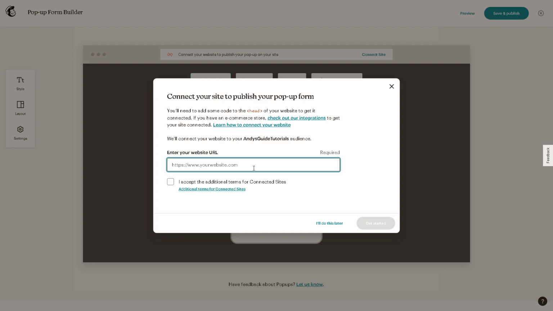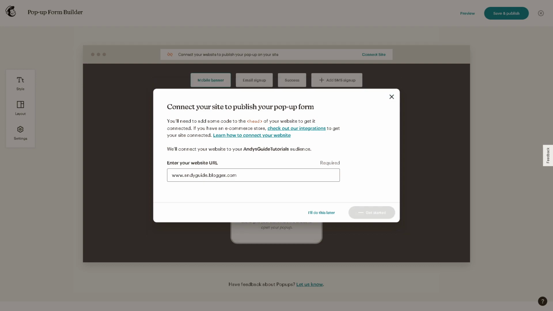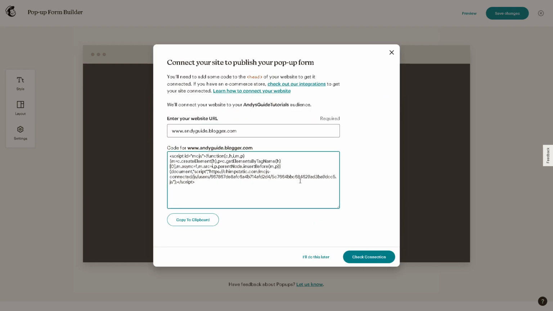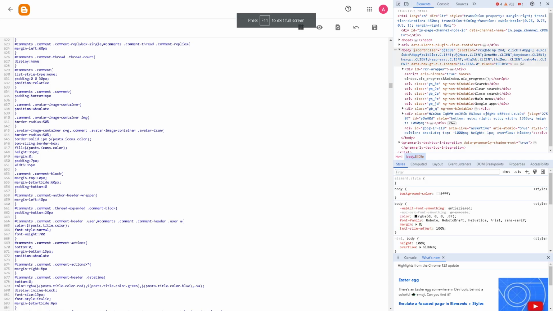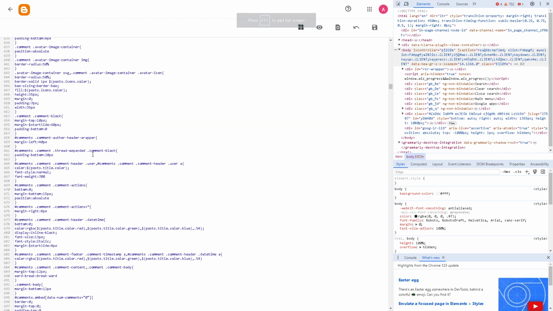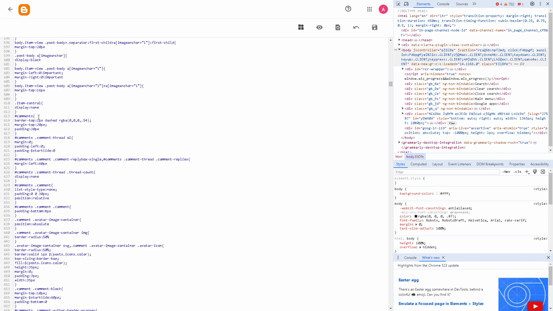So now type in your Blogger website, and by clicking on that, you can click and get started, or you can do that later. All right, and as you can see, there's a code earlier. If you wanted, you can copy this code, check connection. All right, now, once you are back here in Blogger, just go again to Style and copy all the entire